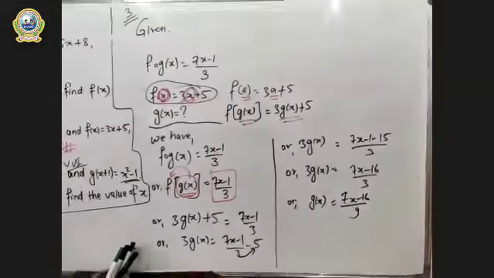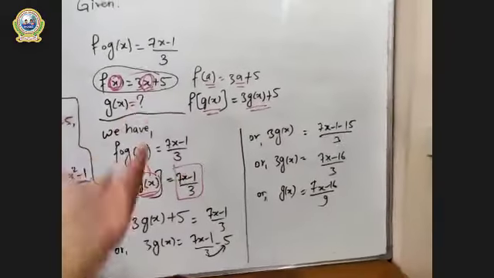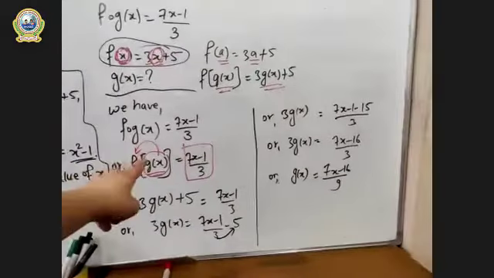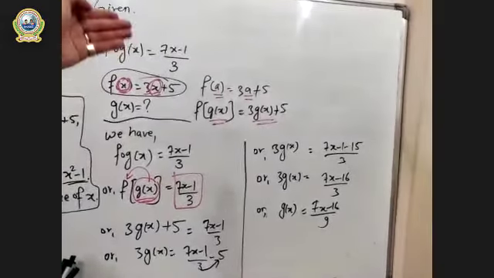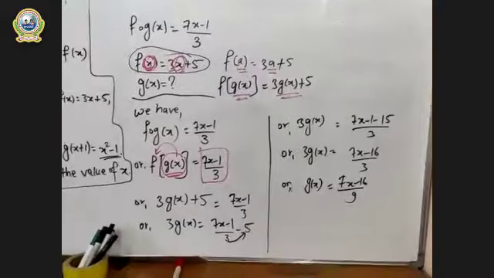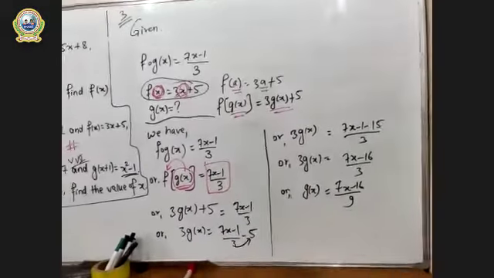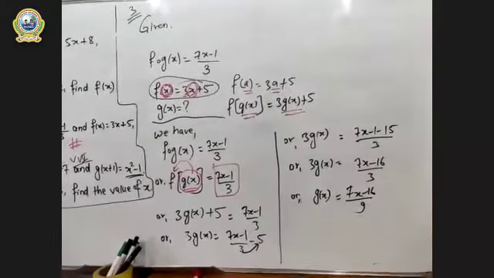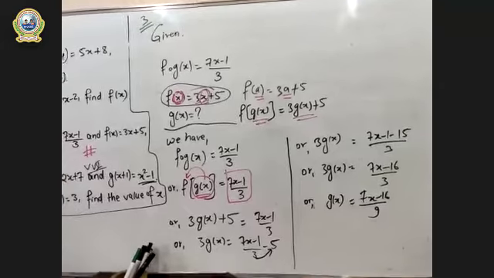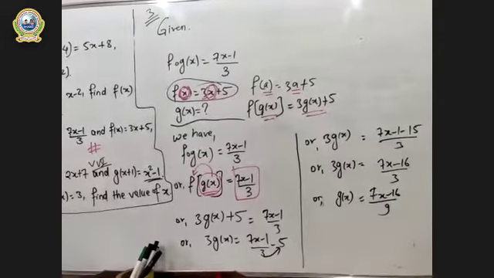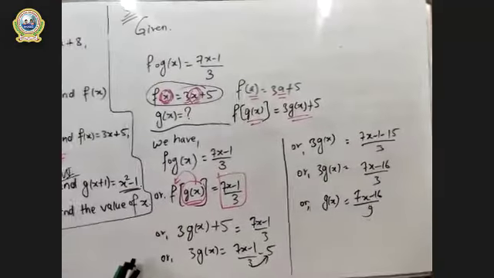So let me show you this from the beginning part. In the first part, we wrote the given. Then we put the big bracket in our g(x). Then we replaced x of f(x) by g(x). And we made g(x) alone by solving. Are your answers matching with mine? Or are you getting something different? I think this is the right one. Yes, this is the right one. Are you clear up to this?